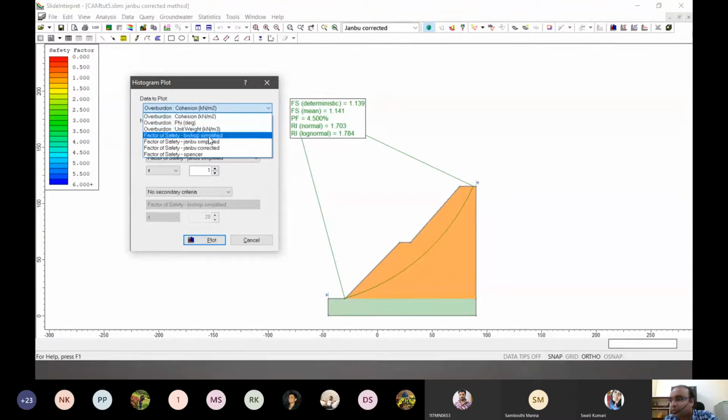So let's choose which data we want to plot. We will choose Janbu corrected, right? The number of bins, let's assume as 30. That's okay. And we want to highlight a portion where the factor of safety is less than 1. So we will highlight that as well.